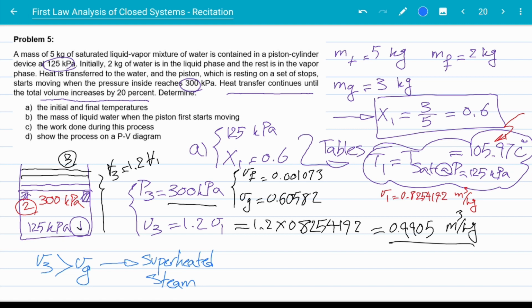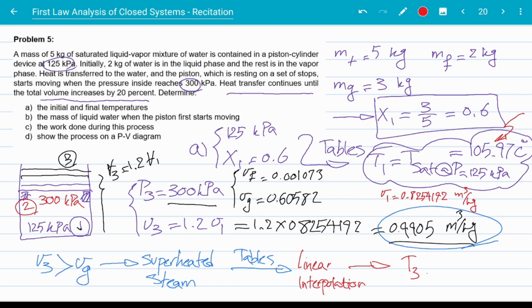Now that we know that we are dealing with superheated steam, we can use the tables to find the temperature. Okay, so you go check the tables and you will probably see that the exact number that you have here for a specific volume is not on the table. So what you need to do is a linear interpolation. After doing a linear interpolation, which I did in a previous video, and I'm going to put the link to it down in the description below so you can see how to do it, you will see that the temperature at the final state is